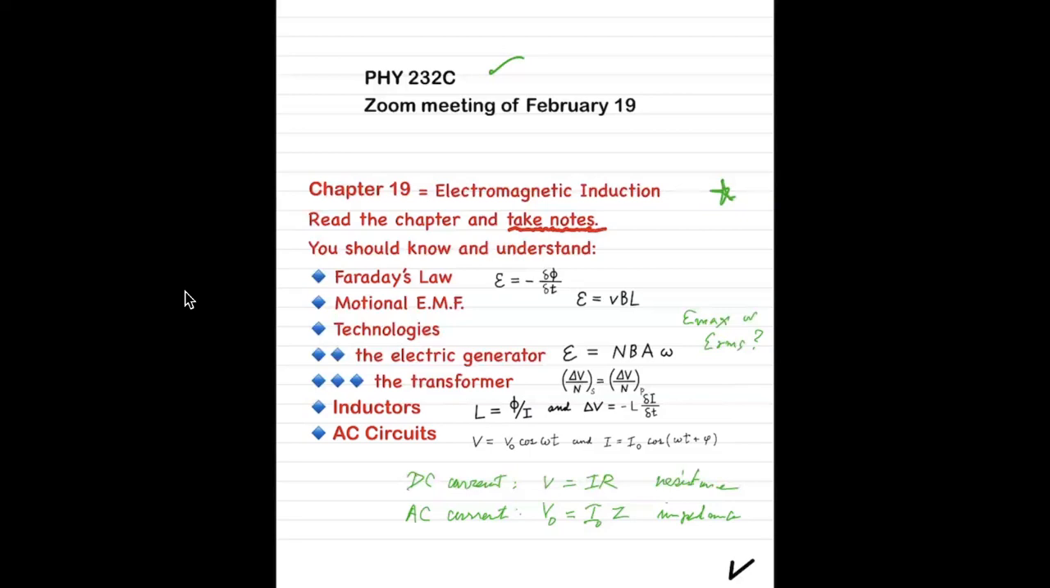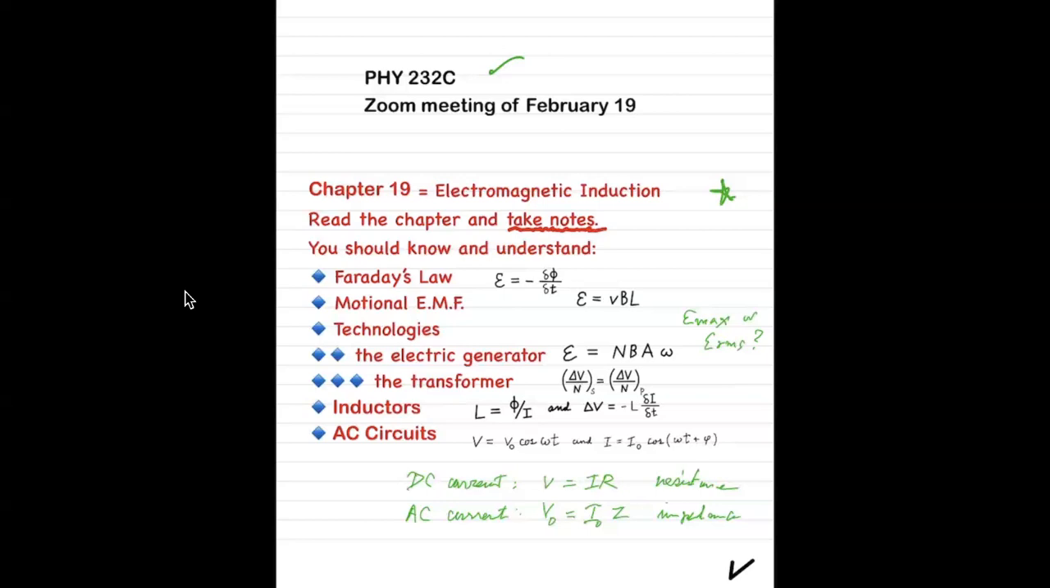These are some of the notes you should have. The notes you take should mainly be equations. So here are some of the notes that you should have. Chapter 19 is pretty long. It has a lot of different parts, but it starts with Faraday's law, which is a fundamental discovery going back